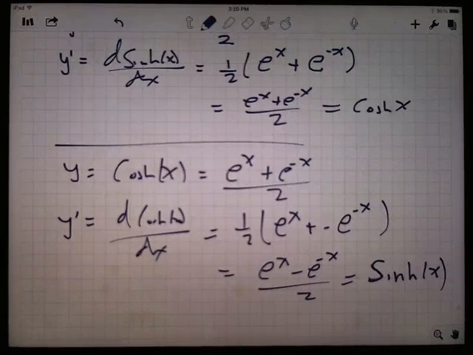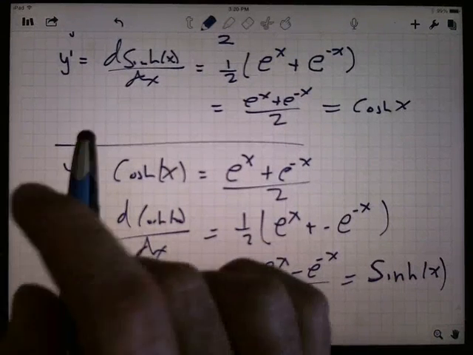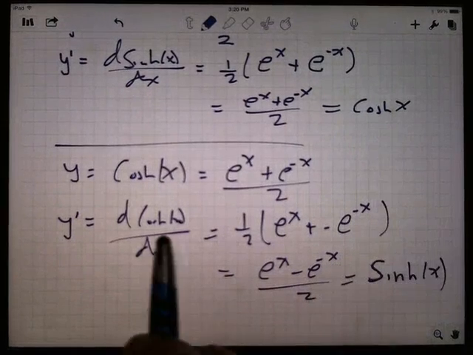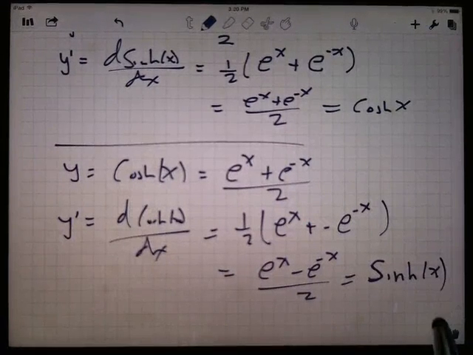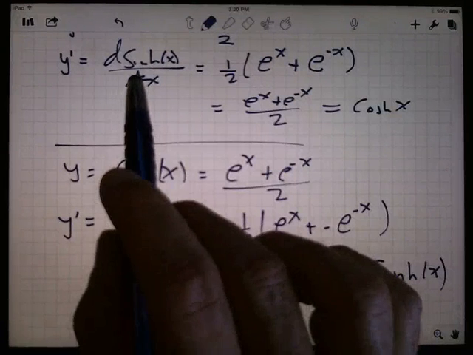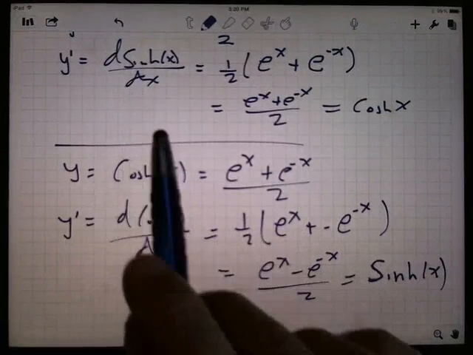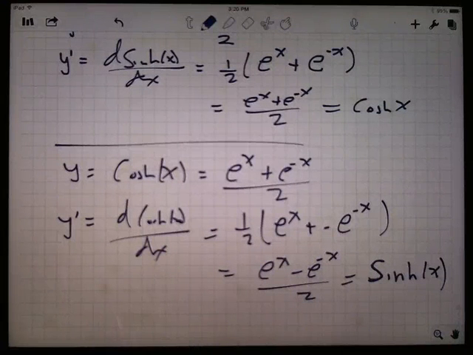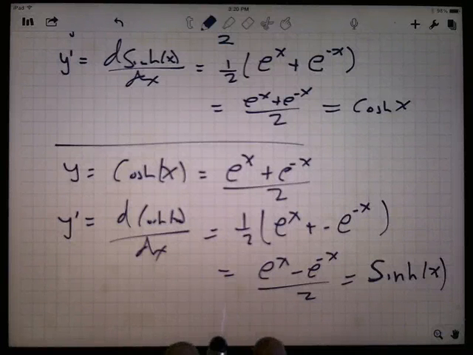This is even better than the trig functions. The derivative of the hyperbolic sine is the hyperbolic cosine, and the derivative of the hyperbolic cosine of x is the hyperbolic sine of x. Right? No minus sign in there. That's just lovely. So actually, if you took the second derivative of the hyperbolic sine, you get back to itself. You take the second derivative of the hyperbolic cosine, you get back to itself. For regular sine and cosine, it takes 4 derivatives to get back to where you started. But here, it just takes 2. Actually, e to the x just takes 1, doesn't it? Anyway,